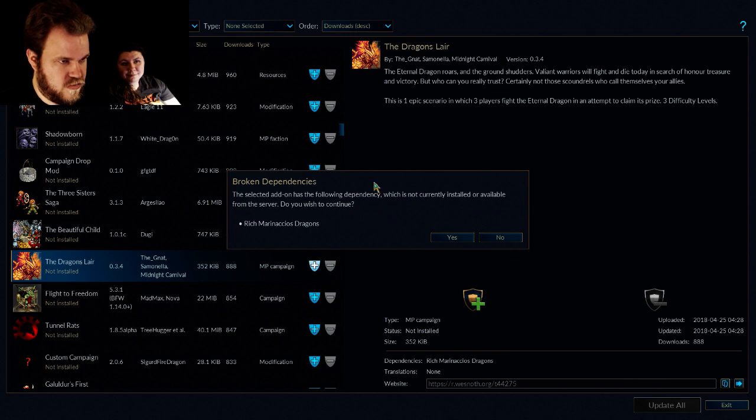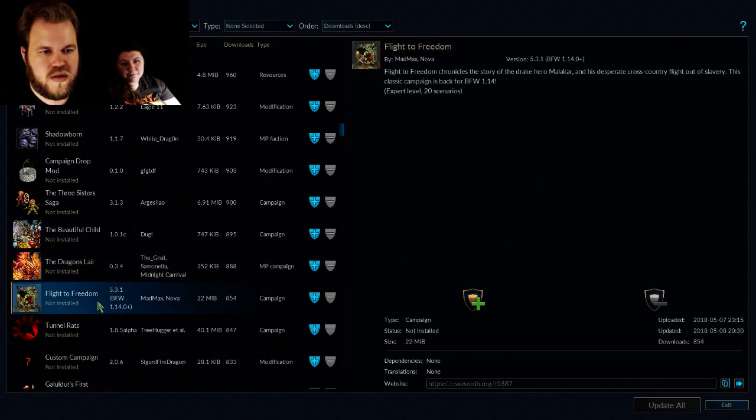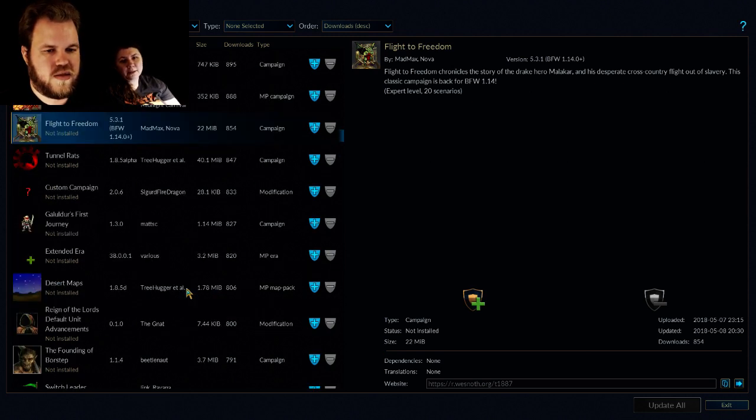What's the flight to freedom? Right. Flight to Freedom chronicles the story of the Drake hero Malachar and his desperate cross-country flight out of slavery. This classic campaign is... Yeah, okay. Because it's a new... Yeah. They had to redo the...